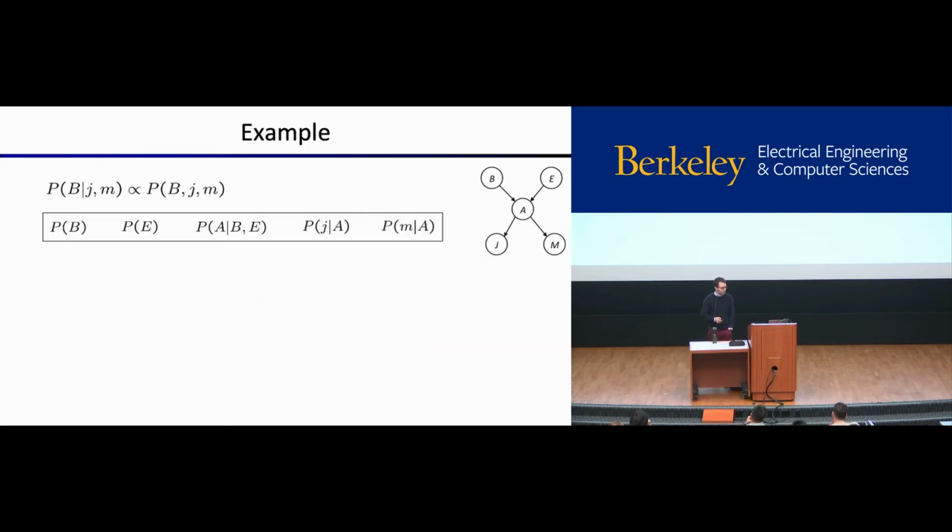So let's try that on this alarm network example. We won't go through the individual probabilities anymore. We're just going to do it in symbols now. So we have all these different initial factors. These are just the same conditional probability tables from our Bayes-net. Those are our initial factors. And we want to know what's the probability that there was or wasn't a burglar given that John calls and Mary calls. Okay? We know that's going to be proportional to this joint distribution over burglar, John, and Mary. And the proportionality constant is just the probability that John and Mary called. So we have these 5 different factors.